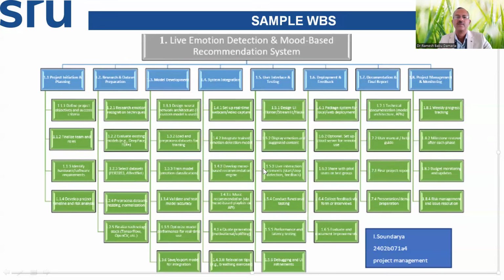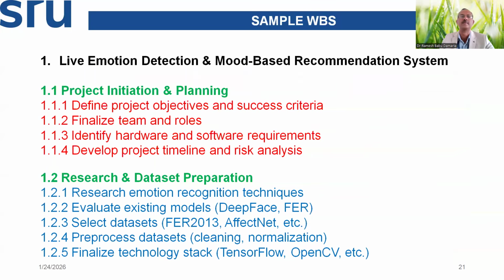Similarly, somewhere we have 1.5.3, user interface testing. We know it belongs to 1.5. So a team working on 1.5.3 knows that their child element is connected to the parent element 1.5. This clarity will be there for all the sub-assemblies and subgroups. That is the benefit of having WBS. Now let us see how this numbering is allocated, how the child components are connected, how the assemblies and sub-assemblies are made for